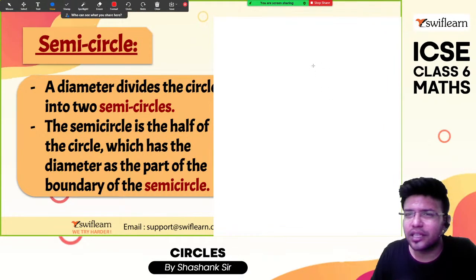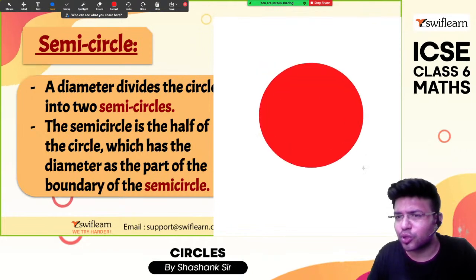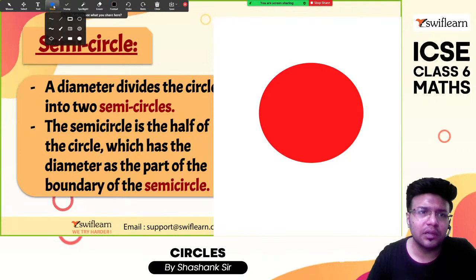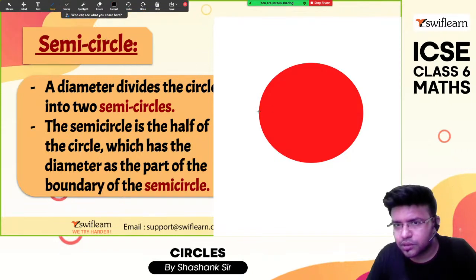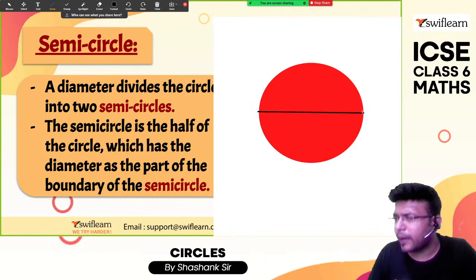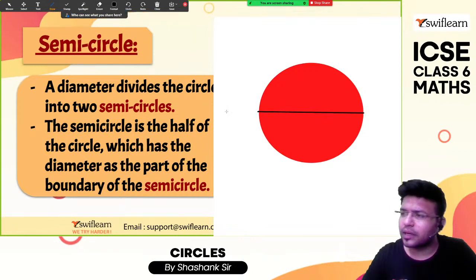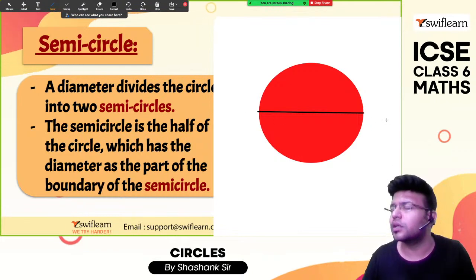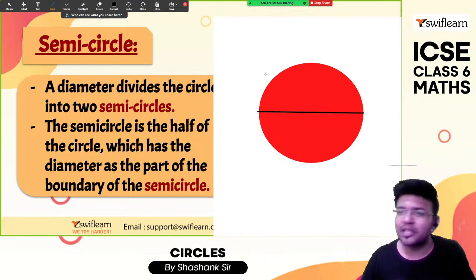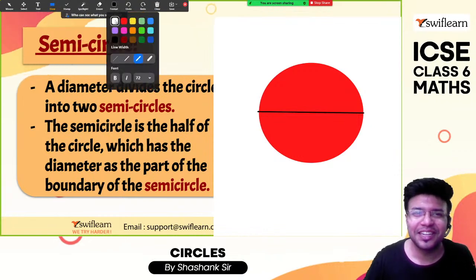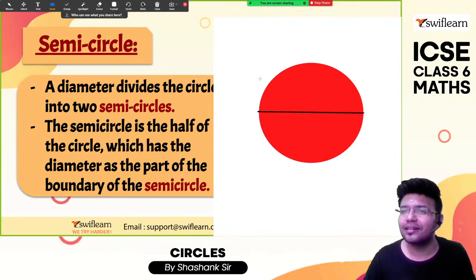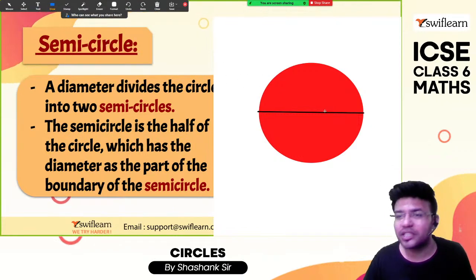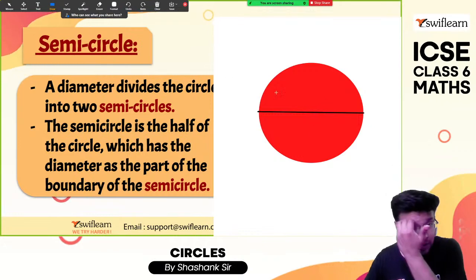Okay, very easy concept. Draw a circle. Draw any diameter. चलो, I'm going to draw this. Okay, now split it. समझो ये पेपर में ड्रॉ किए हो. Cut the sheet along the diameter. Sir, ये Japanese flag दिख रहा है without the dash. Okay, now what do you get? Okay, you get